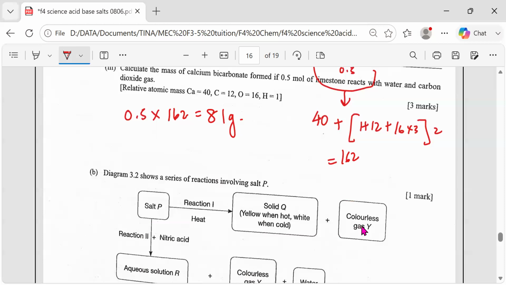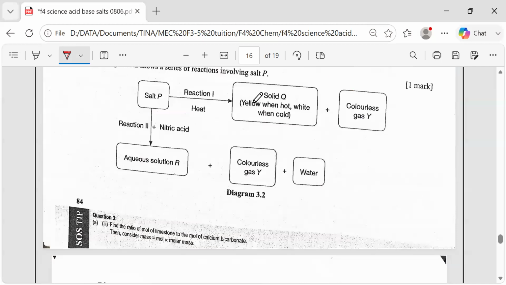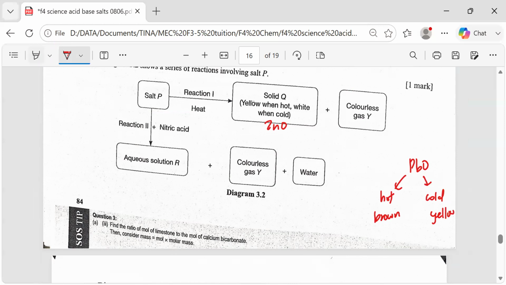Solid P, yellow when hot, white when cold, is zinc oxide. The other one is lead oxide. When it's hot, it's brown. When it's cold, it's yellow. There are only two oxides with a color difference when hot and cold: one is zinc oxide, one is lead oxide. So you heat this up,